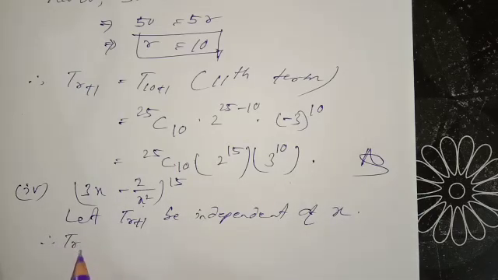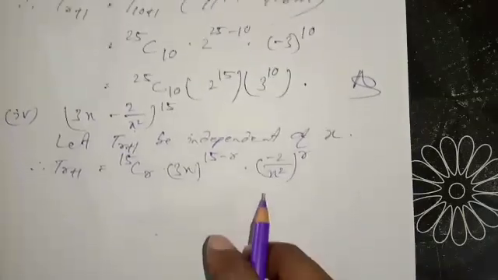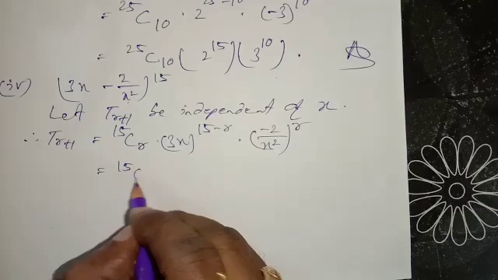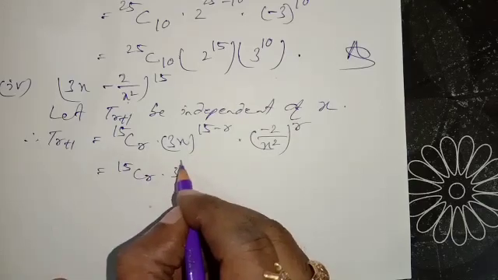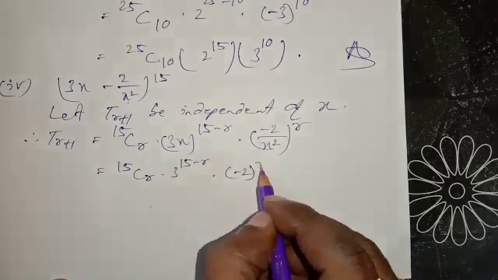Then you have to find out that term. As per the formula, power is 15: 15Cr (3x)^(15−r) (−2/x²)^r. Next, simplification is required: 15Cr 3^(15−r) (−2)^r,